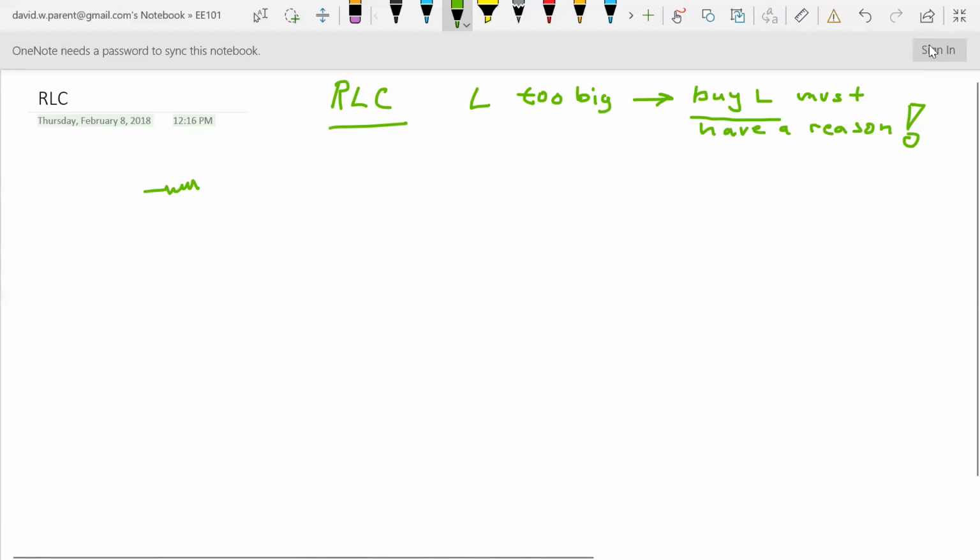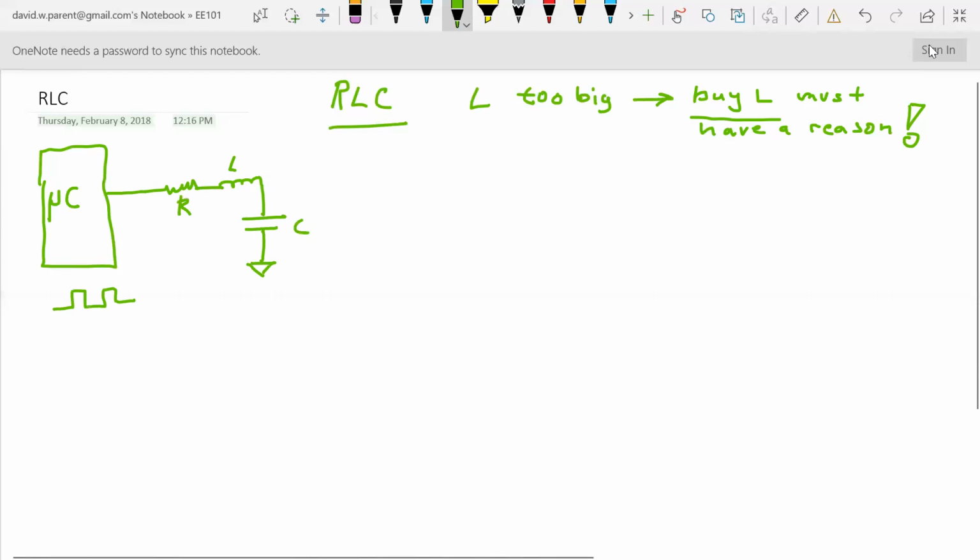Now, also, I can give you another. I won't really go into the details today, but you can have a microcontroller, right? And that's a digital device, right? But sometimes you take that digital signal and you want to convert it into an analog signal. And in fact, it seems to me one of the best ways is to use an RLC circuit. And I'm just giving you the heads up for 110 is that